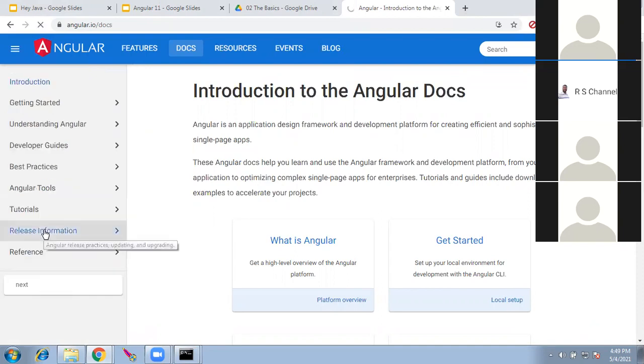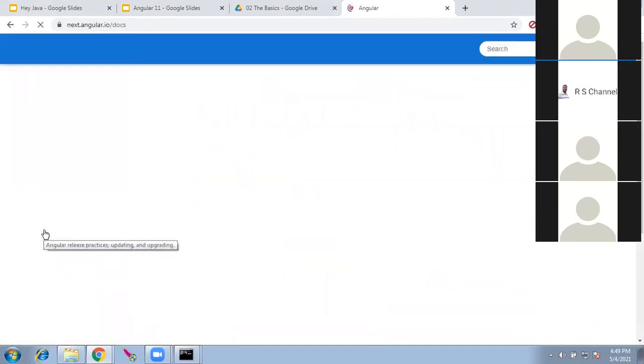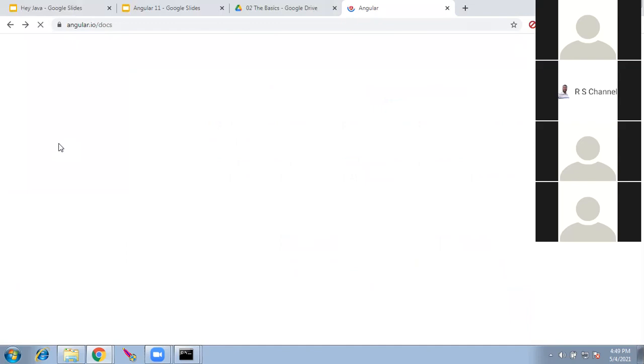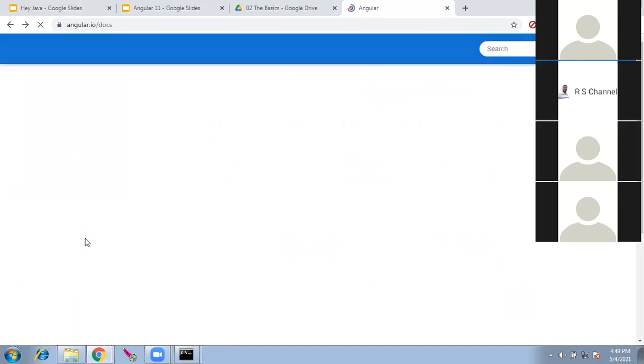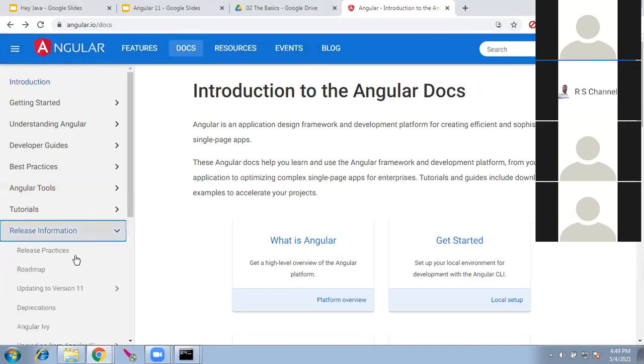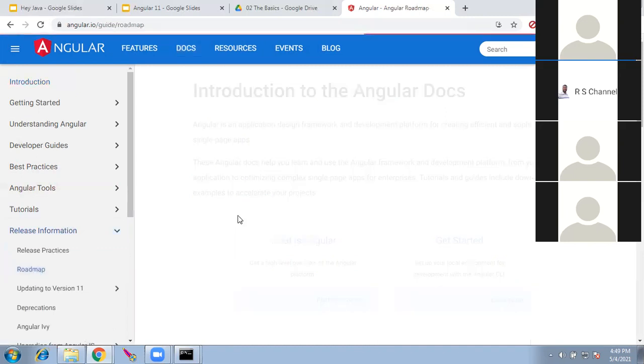So if we go to the next version, the site will become red. 12.1 is the next version. So you can track this site to know what's latest in Angular, when it is coming. And also you can track the dates, like the active dates. You go to release information, roadmap. So if you go to roadmap, there will be